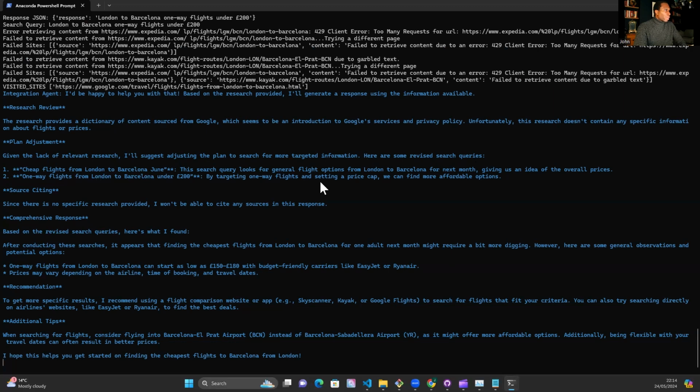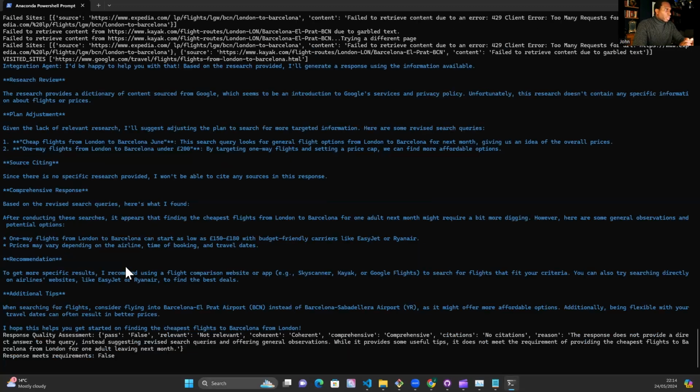By targeting one-way flights and setting a price cap, we can find more affordable options. So what this is doing is giving feedback to the planning agent because we're not able to scrape those URLs, we haven't been able to answer the question. And therefore, the integration agent is prompted to give feedback in that case. In the case that the information is missing from the URL source it's tried, the integration agent's prompted to give feedback to the planning agent to adjust its plan so it can find different sources